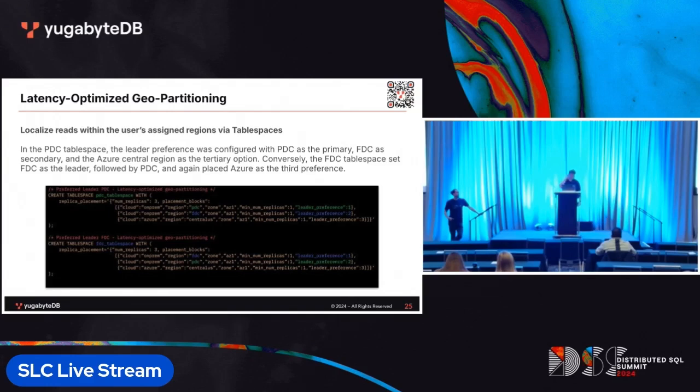When Taylor was talking earlier, he mentioned the peer group, right? So there's a leader and 2 followers in an RF3 cluster. We can control where that leader resides, and the leader is the one that's responsible for reads and writes. It does all of the I/O, unless you have follower reads turned on, and then the followers can do reads. But for this case, we wanted to put the leader for tables assigned to this table space in a particular